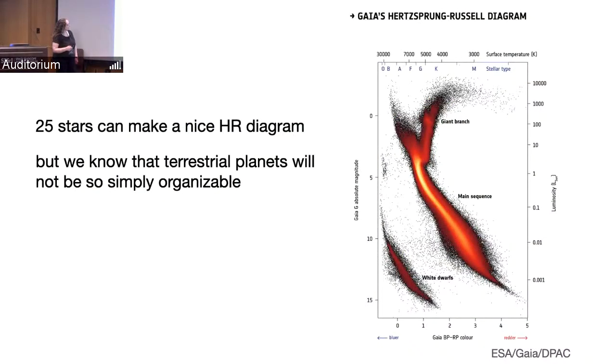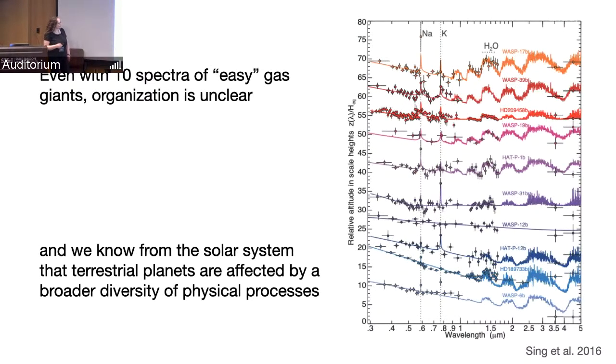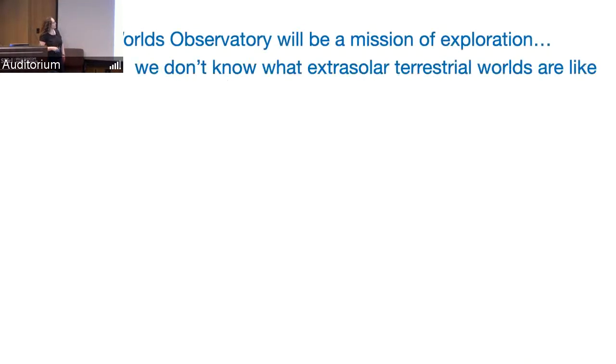And the first one is just 25 stars can make a nice HR diagram, but we know that terrestrial planets are not going to be organizable in such a simple way. We know this already. As David Singh showed on Monday, even with 10 spectra of easy gas giant planets, you can look at those spectra. We don't know how to organize those spectra and what physical processes are generating them. And we know from the solar system that terrestrial planets are affected by a broader diversity of physical processes. So we're not going to be able to put 25 spectra in a line